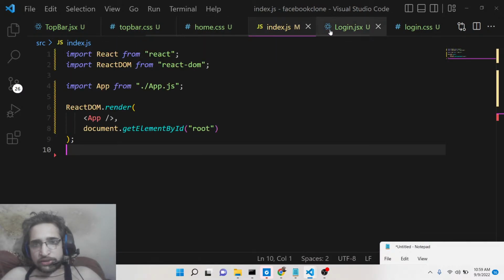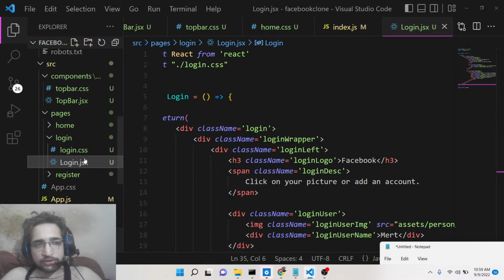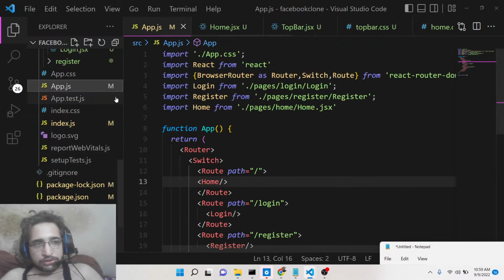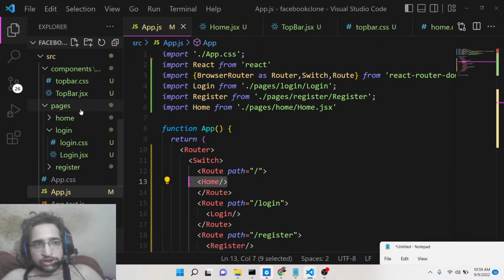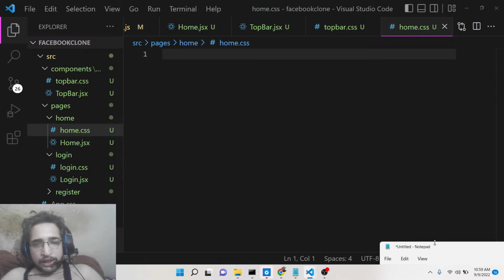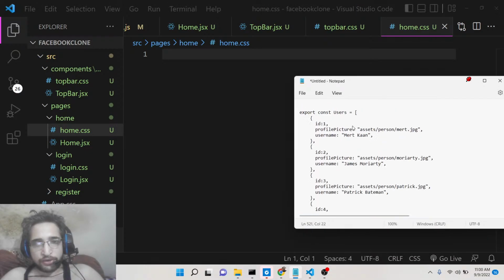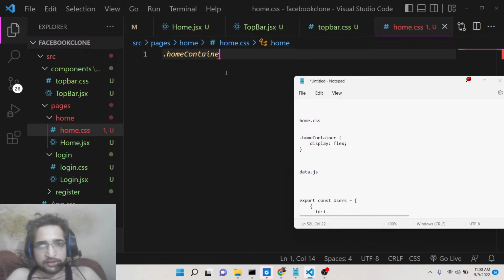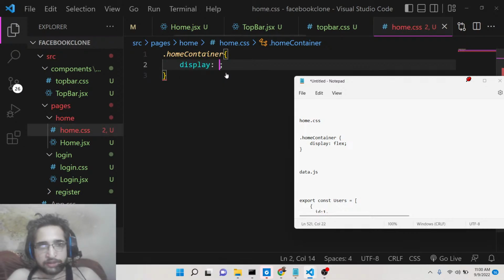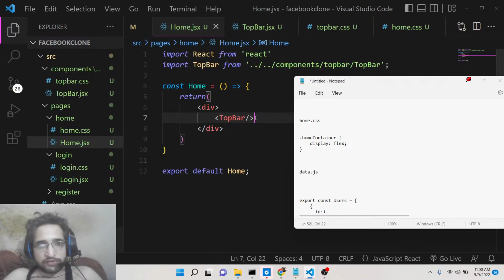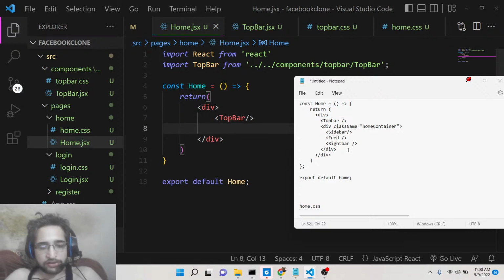If you go to the home page, home.jsx, this is the home page. Oh sorry, here also guys we need to write a style, we forgot it. This is the home.css, so here we need to simply say home container and display flex. So simply write this. After this in home.jsx, after this top bar, basically here we will be having this div class name is home container,